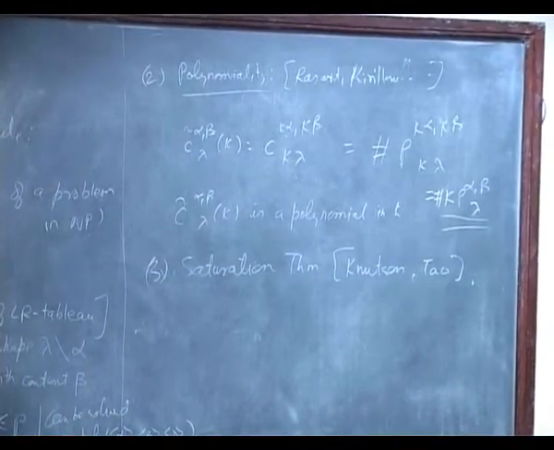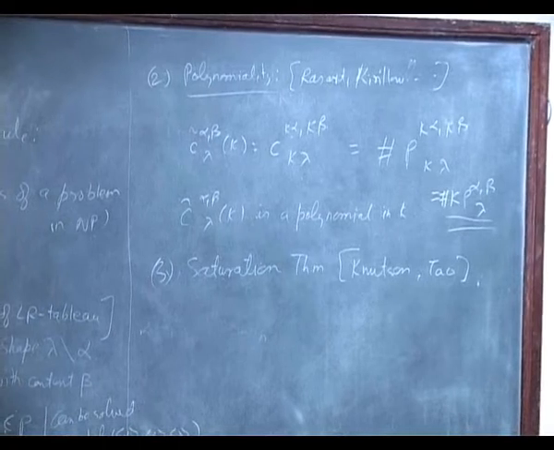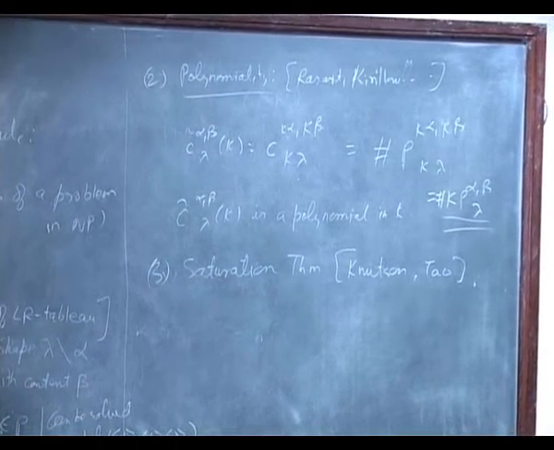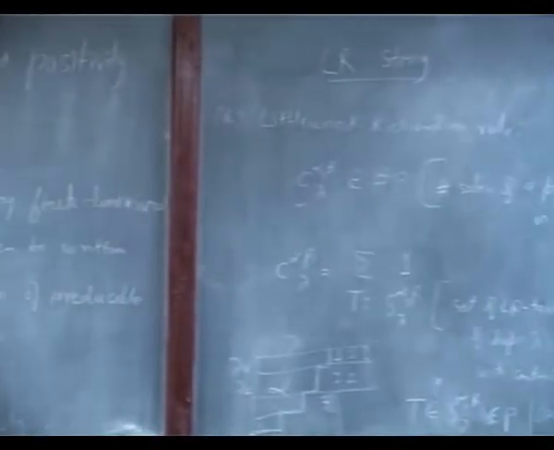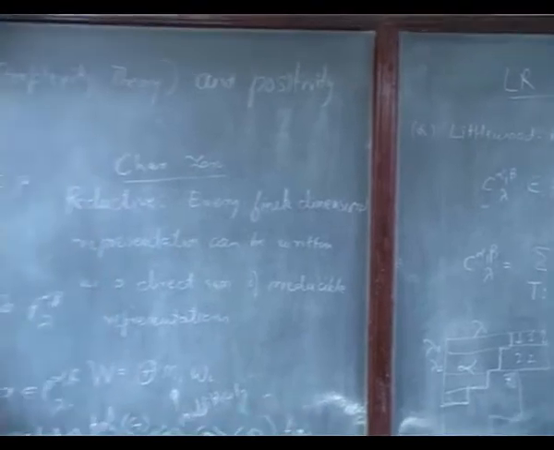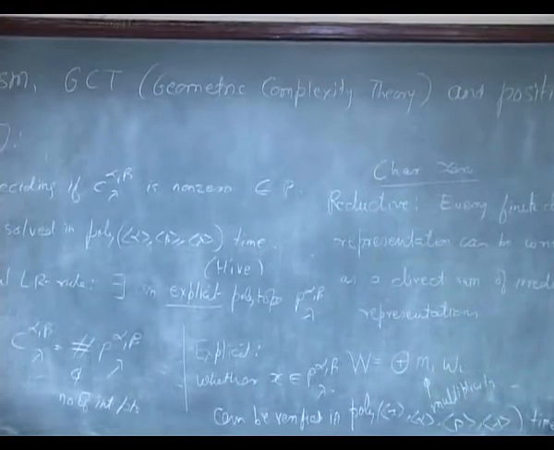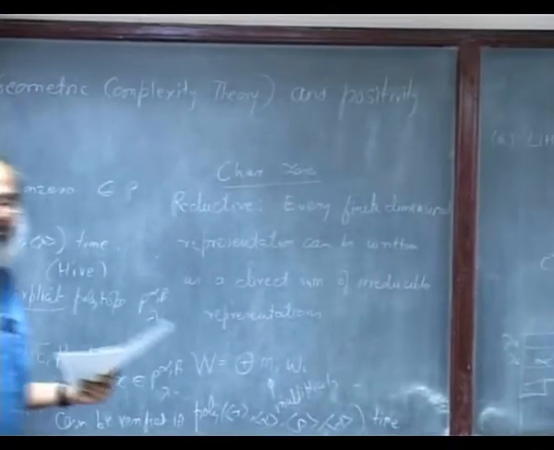I will define what a quasi polynomial is later. It means that there are some bunch of polynomials, so depending upon what the value of k is, it takes the value of one of those polynomials. Is it the same as polynomial on residue classes? Yes, something like that, polynomial on residue classes.